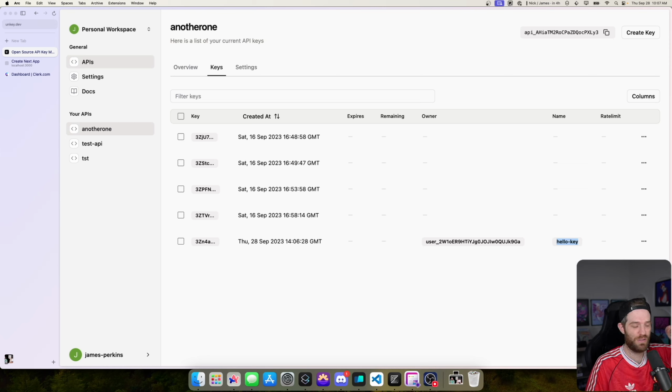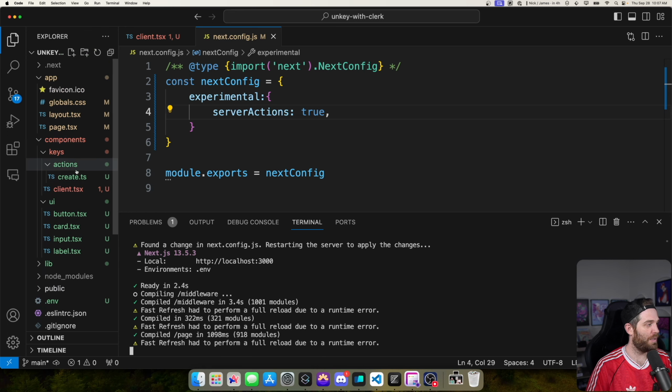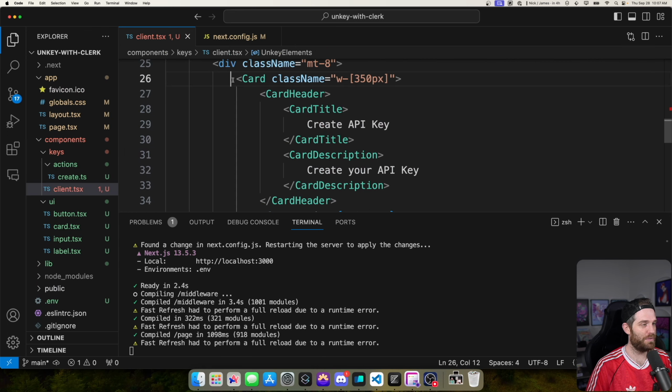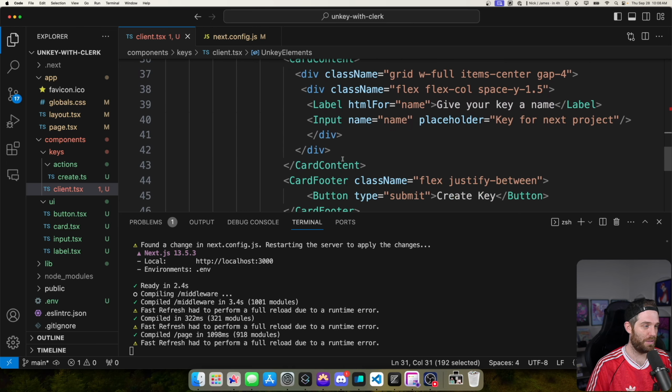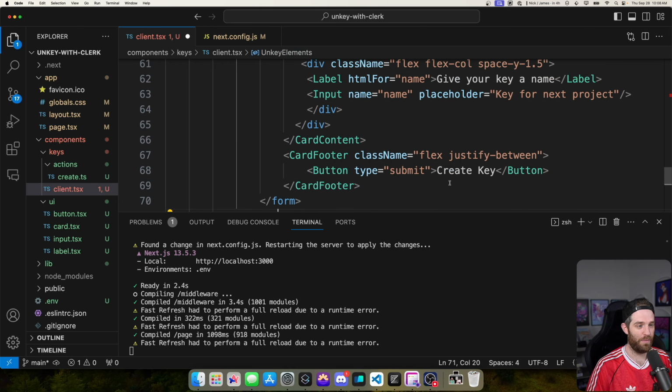And we're going to use that to verify that we can actually use this key. So here's what we can do. First, let's go to our client here. And what we're going to do is actually copy this card, and we're going to reuse this card. So all we need to do is take this key card here, like so, drop it down here, and we'll just say